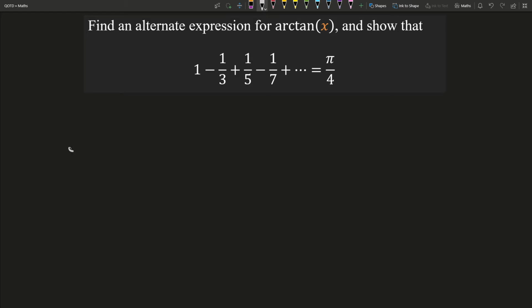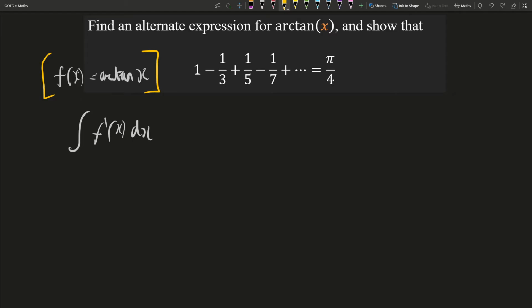We're going to use the same technique as before, and that is that we want to integrate the derivative of arctan x. So we have f(x) is equal to arctan x. Now, this is a standard derivative in most A-level booklets. However, we're going to show that this is true anyway. Just a bit of practice. If we set y equal to arctan of x, then we can apply tan to both sides to get tan y equals x. Then we work out dx over dy,